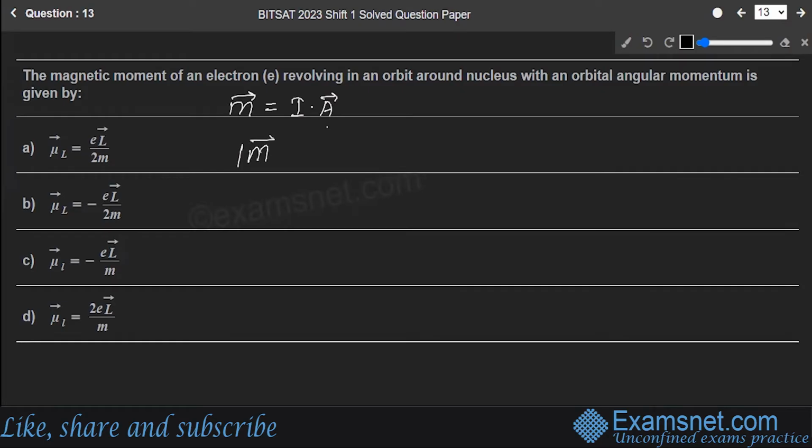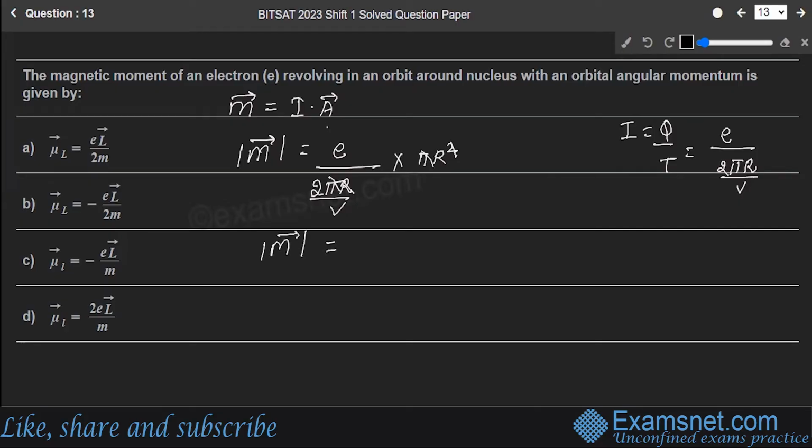So the magnitude will be given by, see, I is equal to charge upon time. So this is equal to e, the charge on an electron, upon 2 pi r upon v. So let's fill in over here. This is e upon 2 pi r upon v multiplied by area, which is pi r square. So this will cancel and you will have the magnitude of magnetic moment as